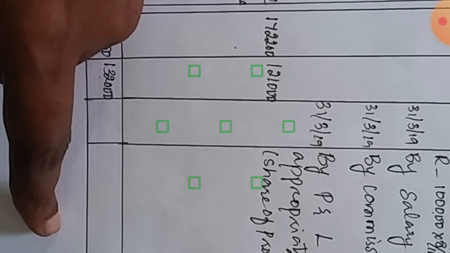To do balancing, we need the total. Here on the credit side, I feel the total is more, so here I start to do the total. Rakesh's total is how much? 1,92,000: 1,50,000 plus 12,000 plus 10,000 plus 20,000. We get 1,92,000. Rakshita's total is 1 lakh plus 8,000 plus 12,000 plus 12,000, which is 1,32,000.